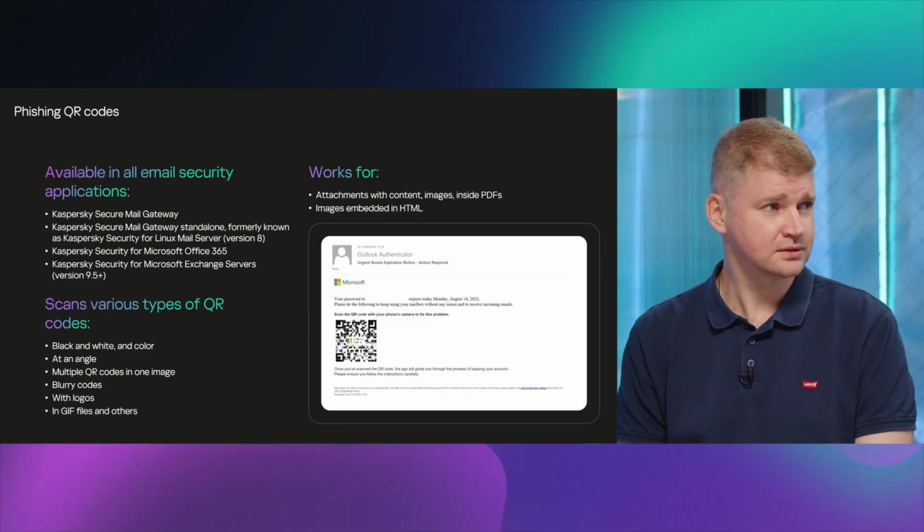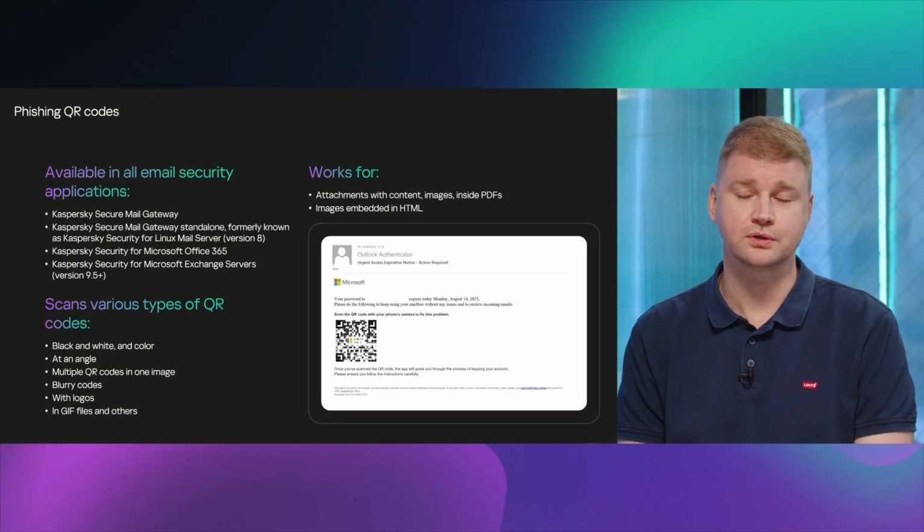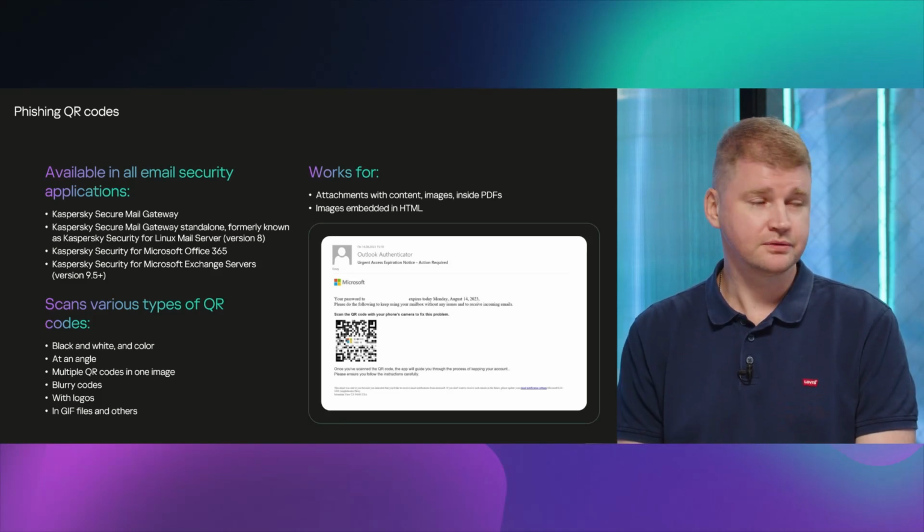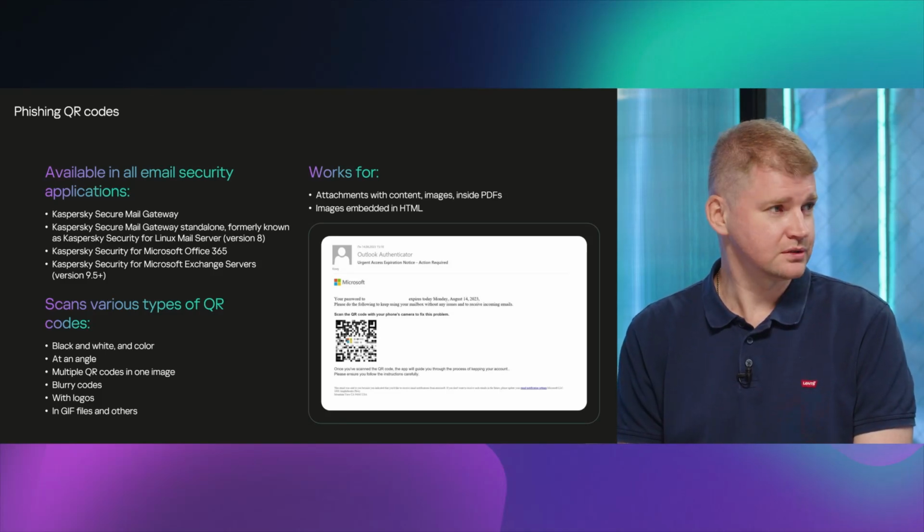The good news is that all our email security products support QR code scanning. How it works, actually, is that we scan text, data, or URLs behind QR codes and reveal any phishing behind them.